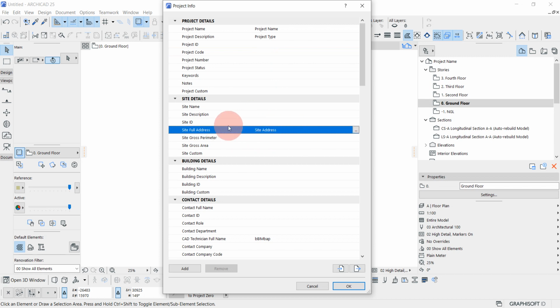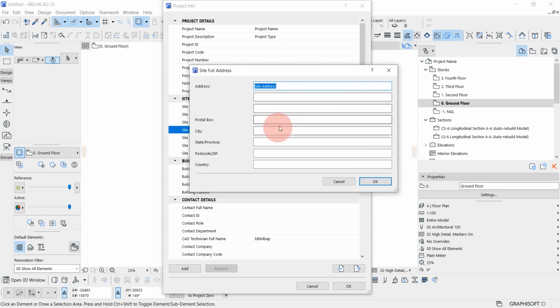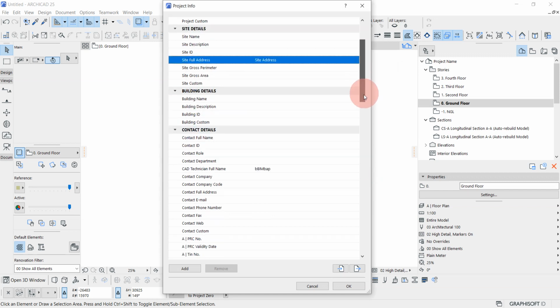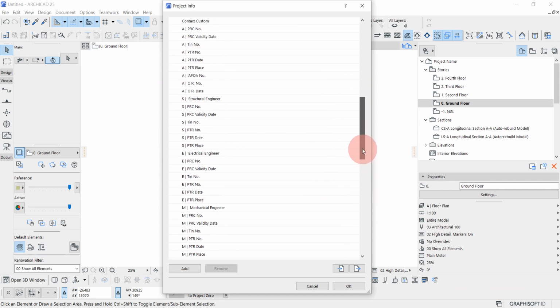If this happens where the site full address can't be edited, you will find a three-dot button on the right side where you can now input the address, postal box, city, state, postcode, country, etc. And just click OK. And if you're working with a standard title block in your country, for example, in Philippines,